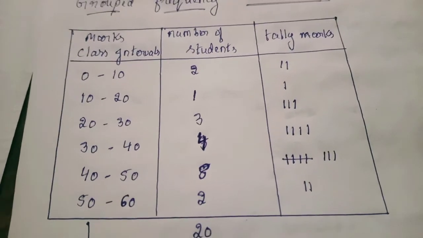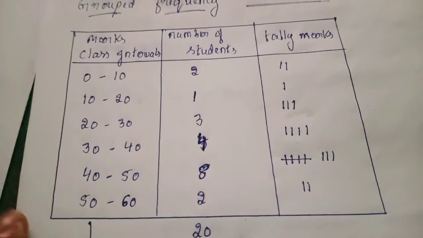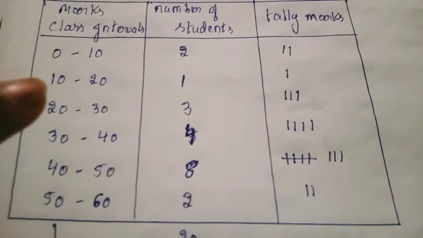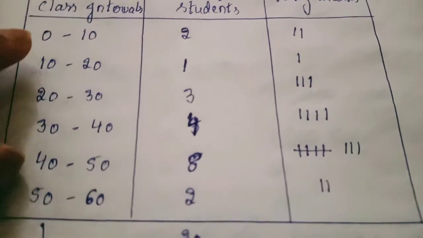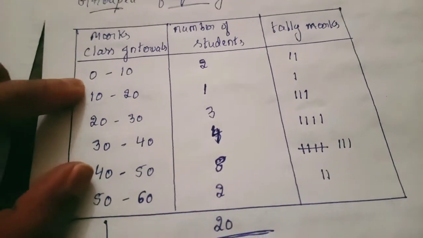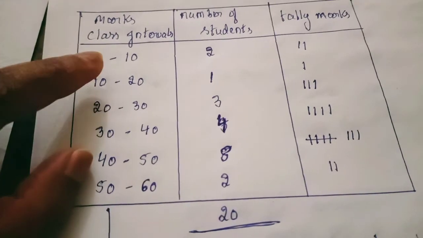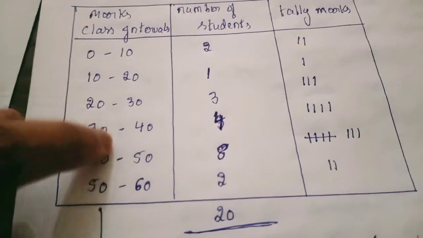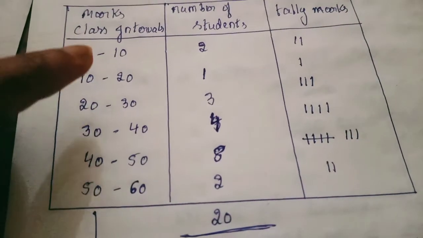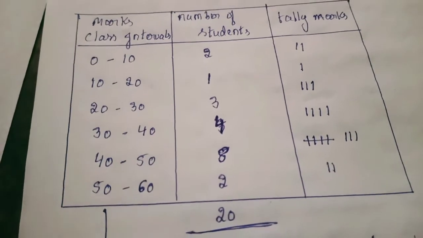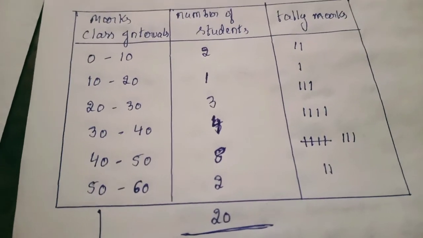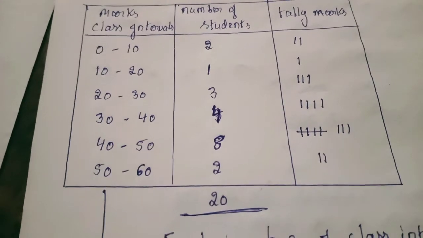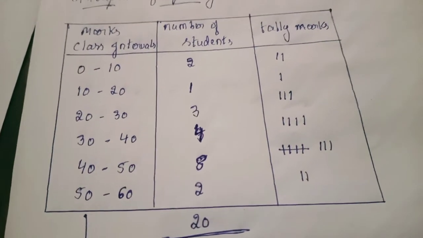Then why do we take class mark? Each class mark represents each class interval. So to represent each class interval, we take the class mark. Class mark is nothing but the middlemost observation in each group. You can take any group. The middlemost observation in each group is the class mark, which represents each class interval. That is, every class interval has one class mark.